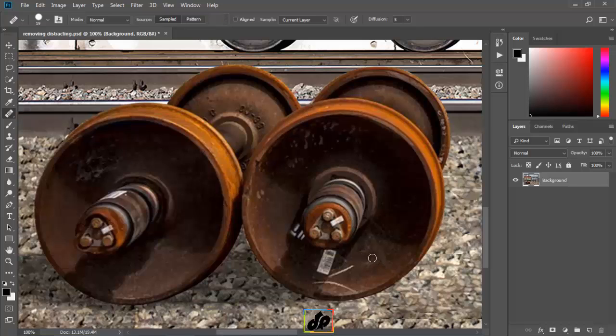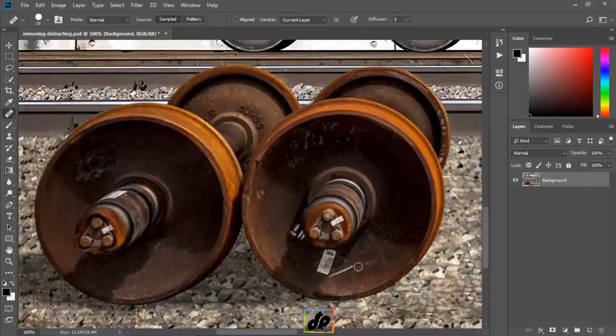When we get the cursor down, we can see the source area, which is represented by those crosshairs, and the circle is the brush where we are actually painting. We will reset our sample point now so as to remove the two other scratches here. So first, we will Alt-click here and then readjust our cursor and paint. Look at our source area. We can see that it will start picking up from that other scratch that we want to get rid of. So, we will release the cursor and Alt-click to reset our source point.